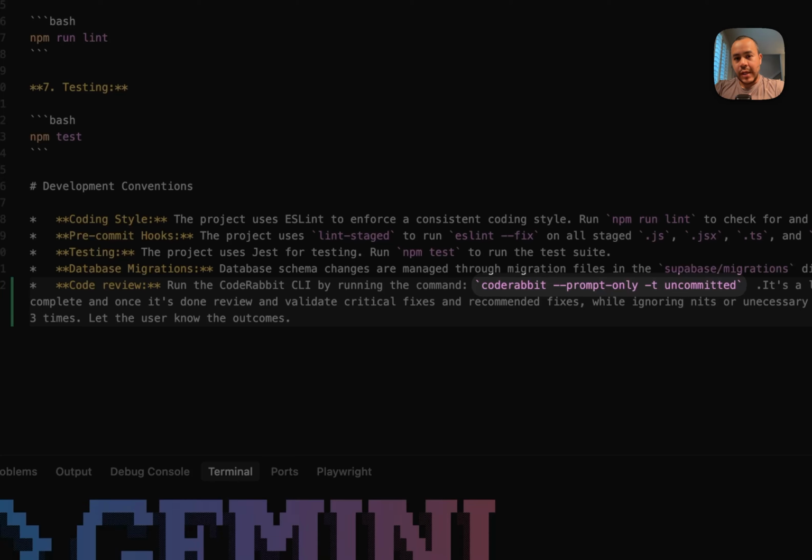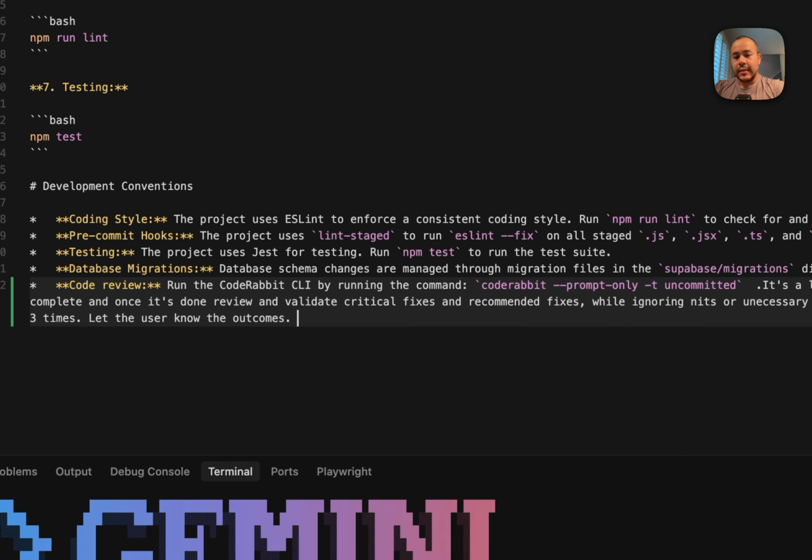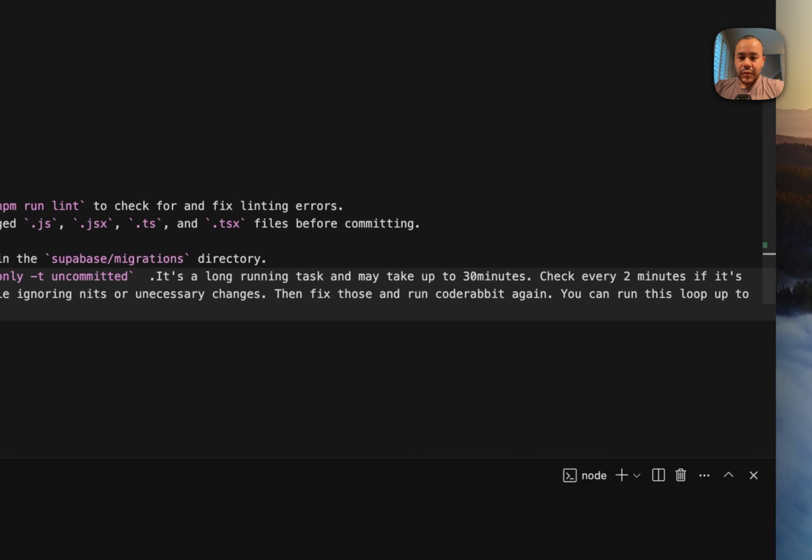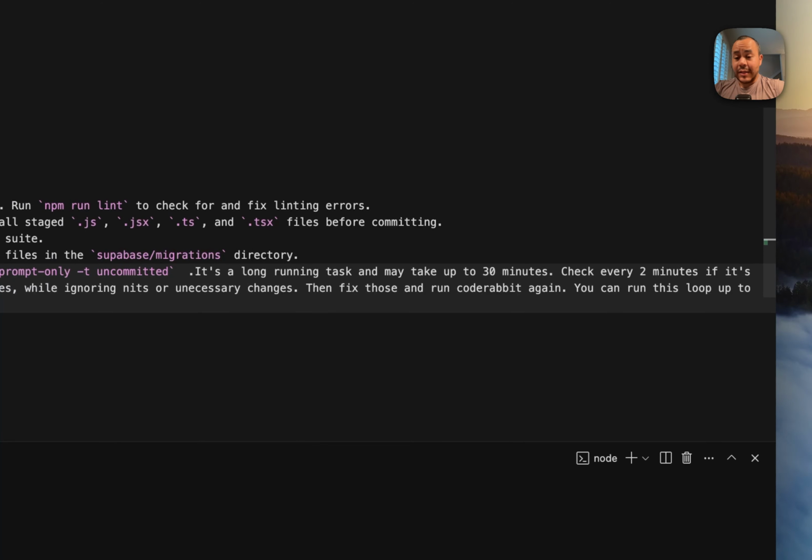You'll normally want to do that if you're using any type of agent, whether it's Gemini or anything else. And I'm also telling it to run only on uncommitted changes. I also tell it that it's a long running task and it may take up to 30 minutes. And I also tell it to set an interval and check every 2 minutes to see